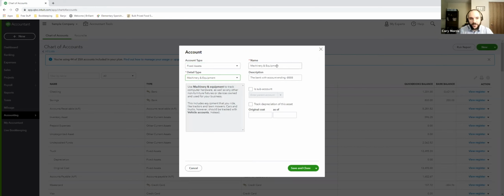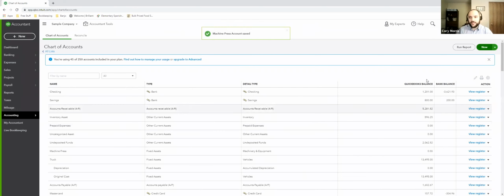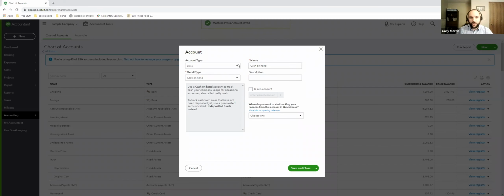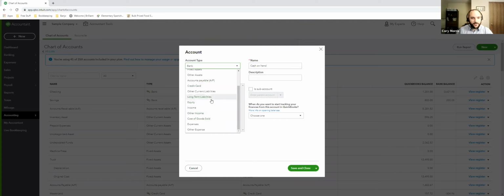Machinery and equipment. We can have a machinery and equipment category that is a vehicle. Let's see, we'll have this be copy presses, right? Big metal machine presses. And then generally it's better to start it off as a 0 and then add the things by purchasing them, so you don't duplicate entries. Okay, so we can have a machine press, and if we wanted to, we could create a new one that's the exact same